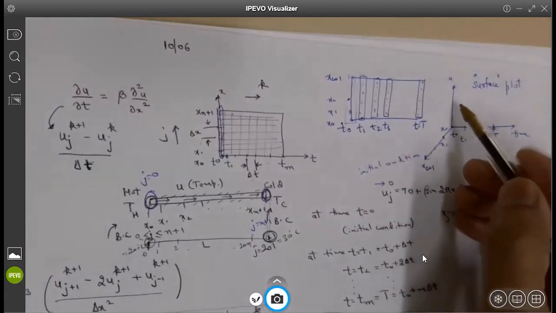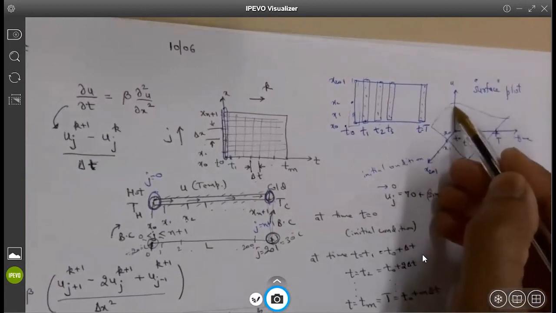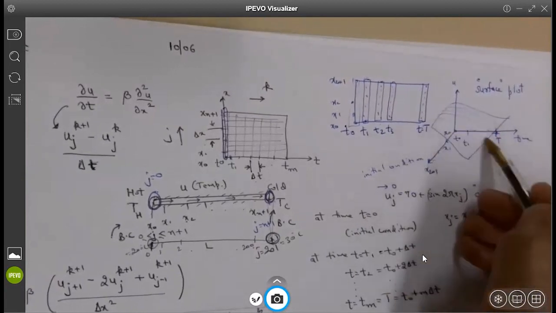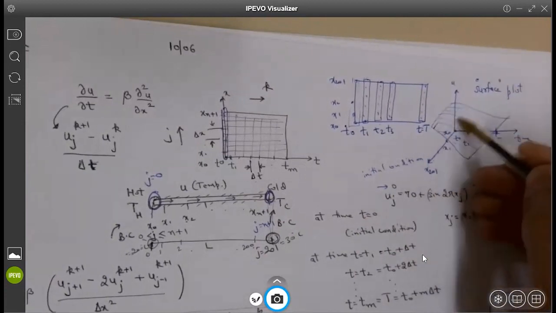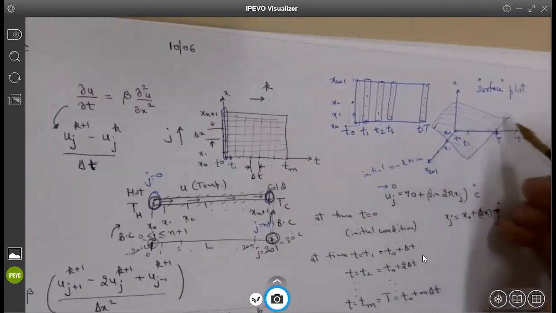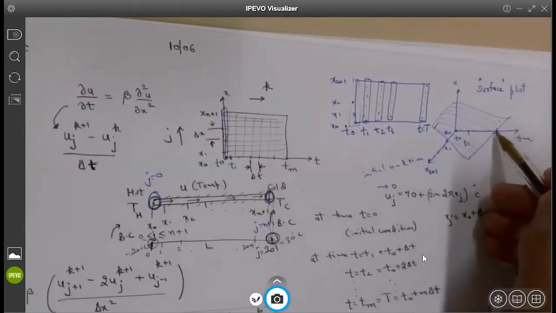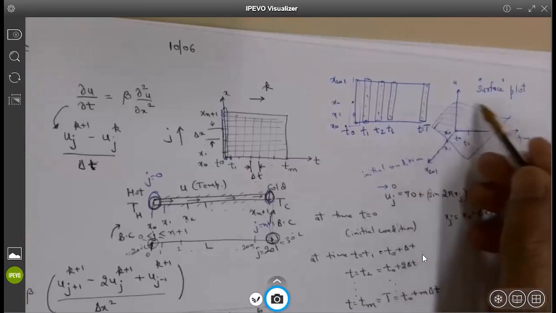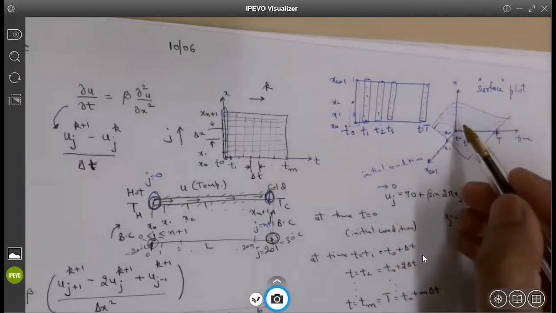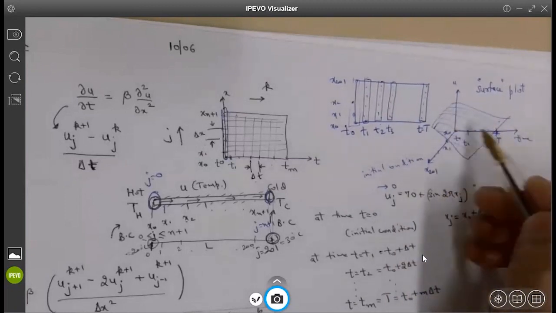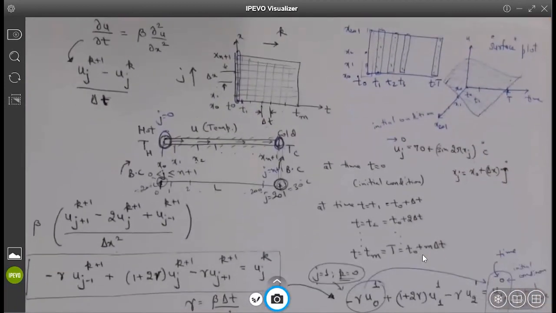Let me tell you, it will be some sort of surface like this. This is not the actual figure you will get; I'm just showing you what you will get. You will be getting a bunch of data points. At time T corresponding to X0, you will get a temperature point, and you will actually get a grid of points. That grid of points will represent the temperature distribution from initial time to final time for the entire length. So that's what you have to plot in your homework.